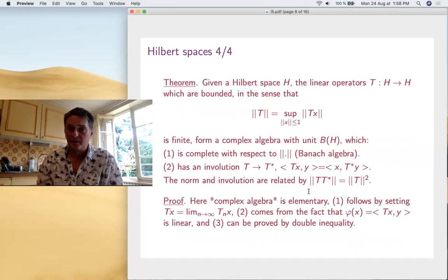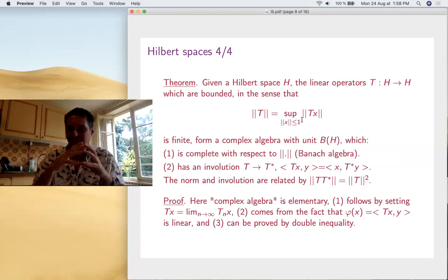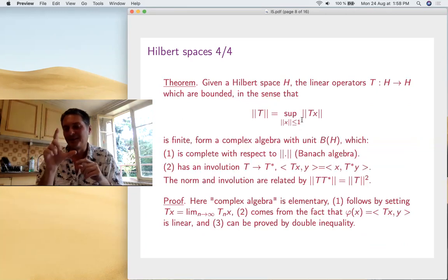Now, in order to do real theory, we need to assume that our operators, I mean, our linear maps within H and H, are bounded. That's something important. It's automatic in finite dimensions. In infinite dimensions, if you don't assume that, you won't get results. So here's the theorem that you need. Take the operators which are bounded in the sense of this quantity here, the norm. Take the unit ball, and see how it inflates, and take the maximum norm which appears there, because the norm of the operator must be bounded. This is not automatic in general.